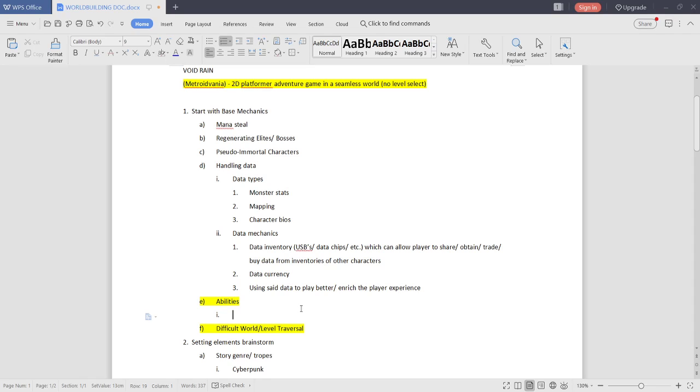Because the abilities in this game have two aspects to them: what the ability actually does, and then what element the ability is functionally performed with. So there could be two versions of the same ability, but one of them is fire based and one of them is water based.